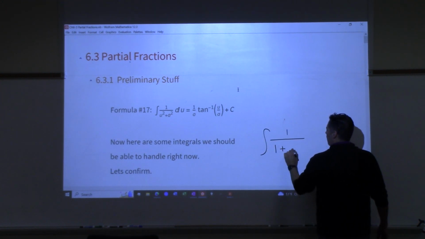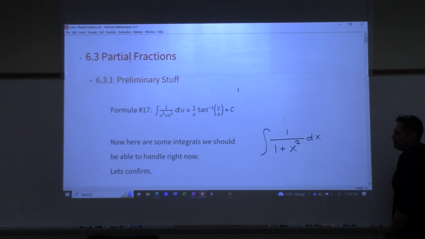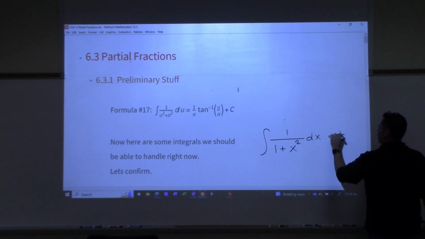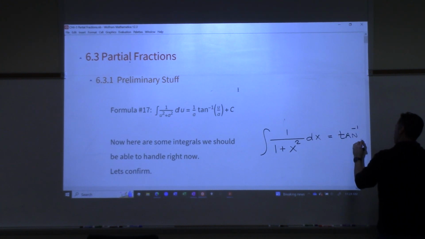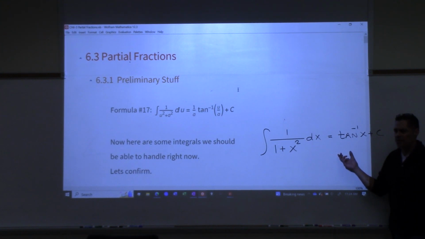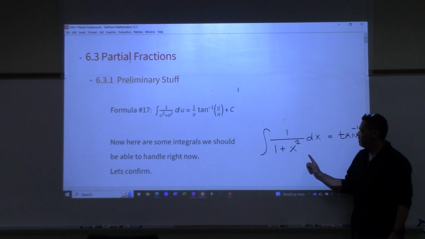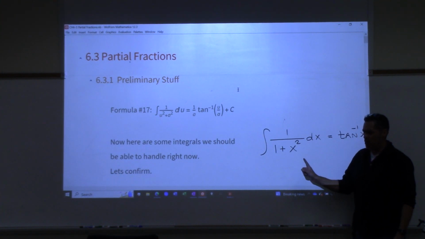When we were very early in this class, I told you about this formula right here, and that this comes up a lot, and that the antiderivative of that is inverse tangent of x plus c. I said this is something we'll see a lot in this class. You need to kind of burn that in. Do y'all remember that? Yes? It's basically the same formula,